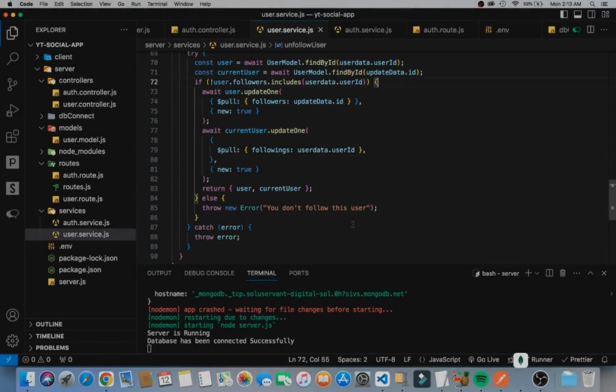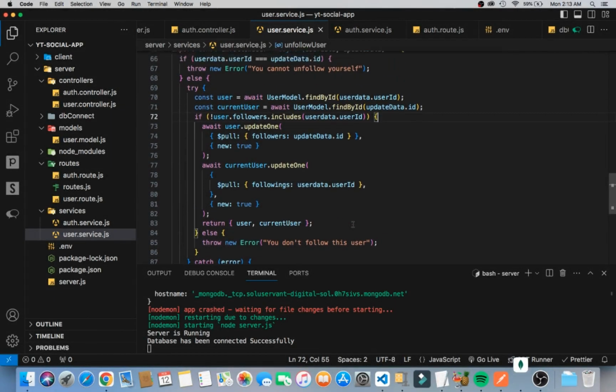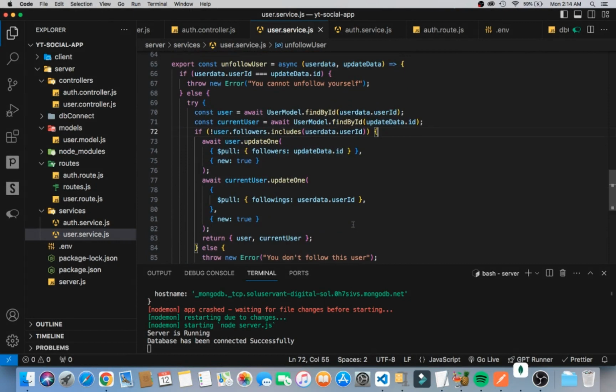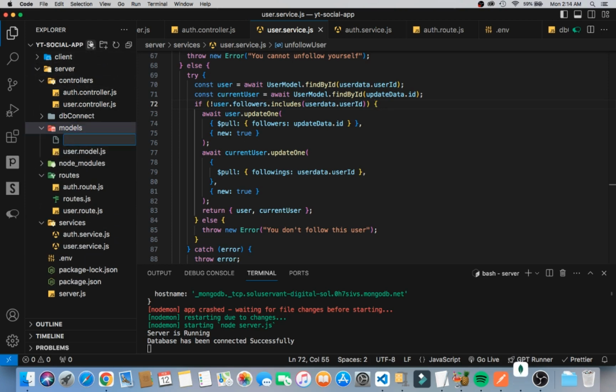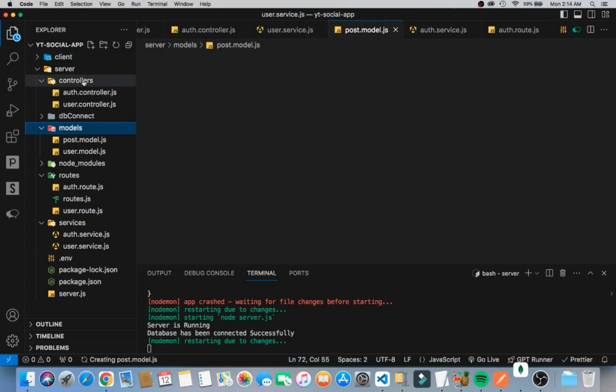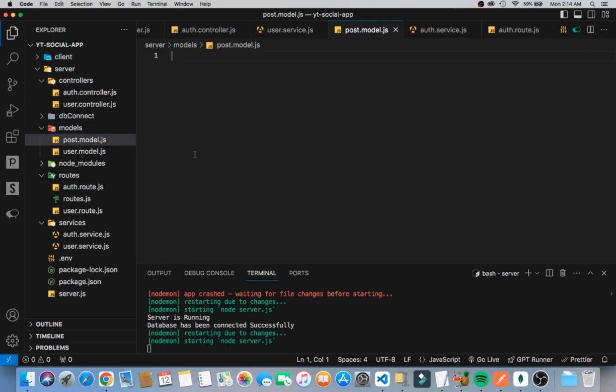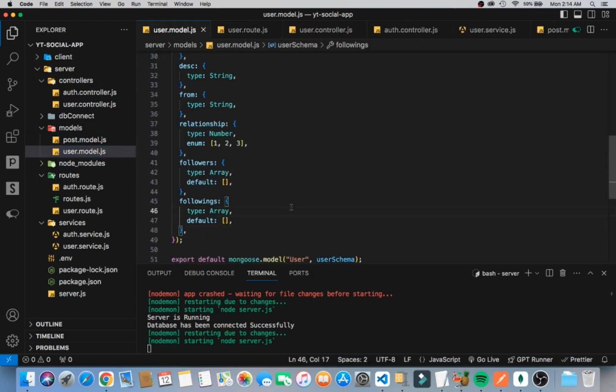All right, now that we've been able to work on the follow and unfollow, we'd want to work on the posts, right? So let us first of all go into our models, and then I'm going to create a post model. So I'm going to say post.model.js. Okay, now that we have post.model.js, we can basically go into the user model here, and then we can